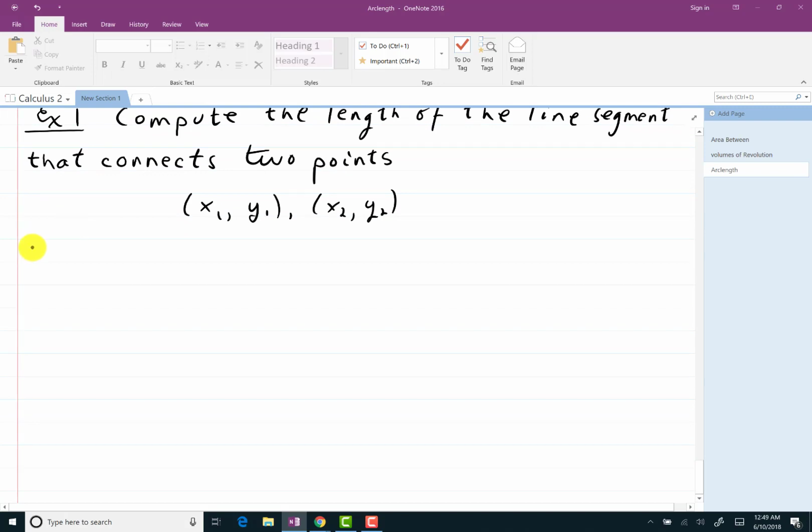Now we already know the distance between them. There's a formula for that, but